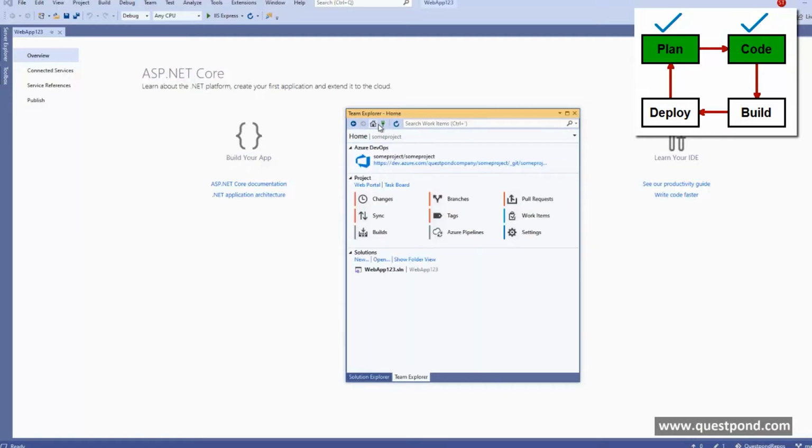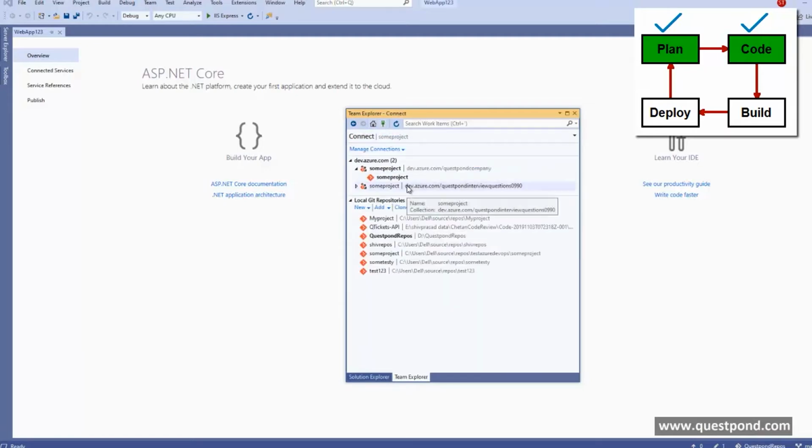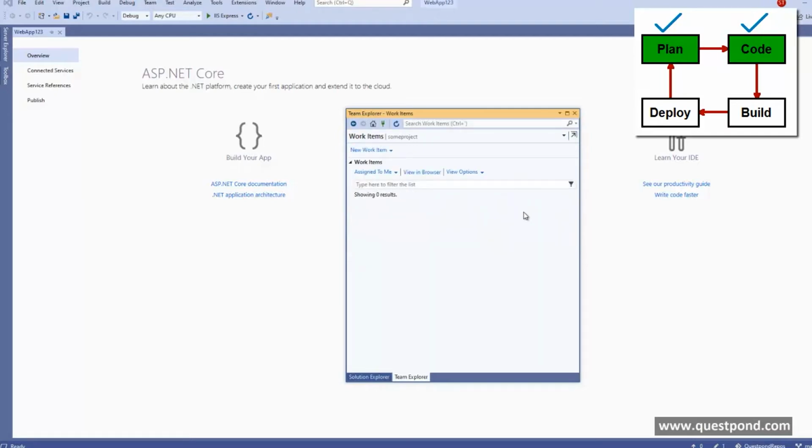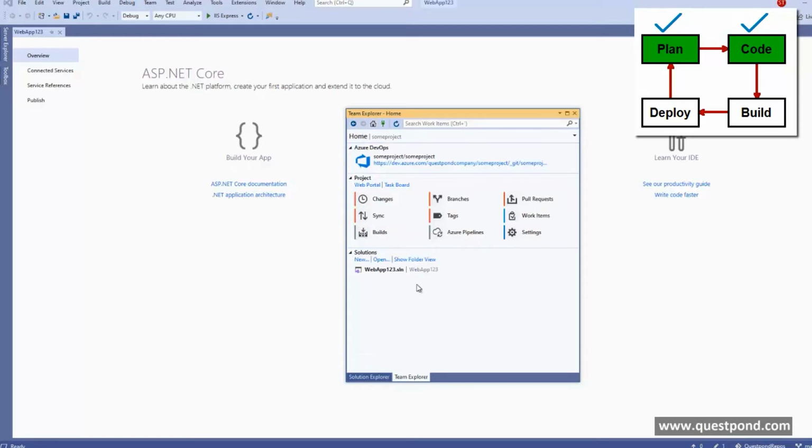Maybe I should actually try to connect, right? So this is the Questpond company, and let me try to connect out here. There I'm connected. Not sure why it is not showing me. Let me try to see assigned to me. Yeah. Oh, that was not assigned to me, right? So can't I go and show? Okay. So looks like, but I'm not getting those errors now, so I feel that I should be able to,